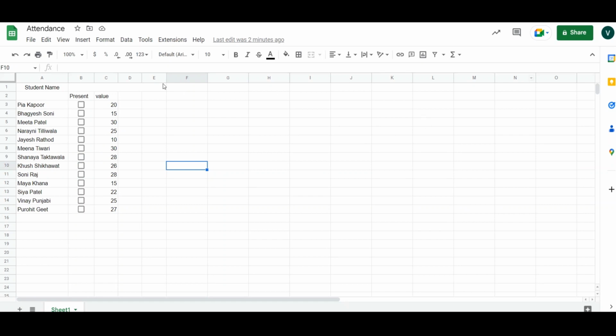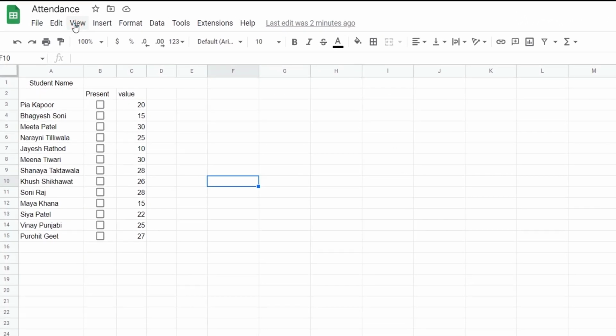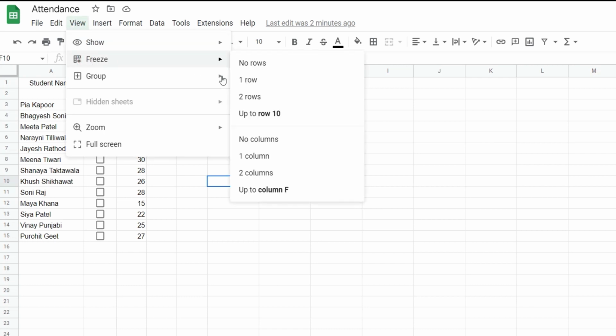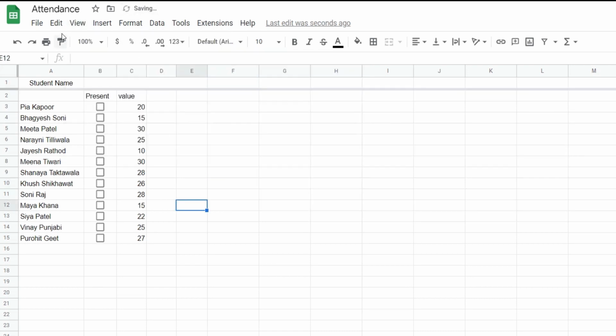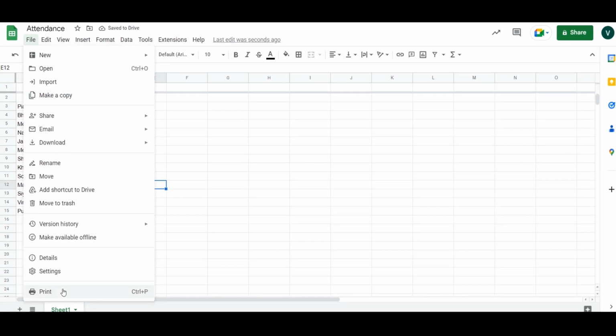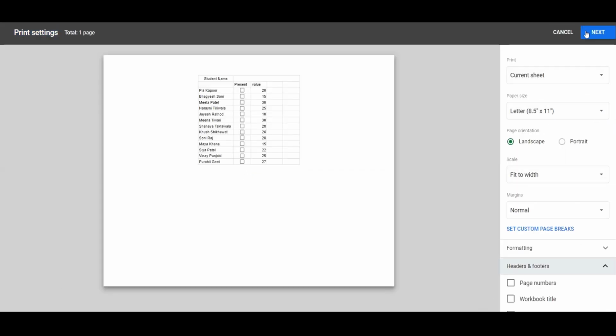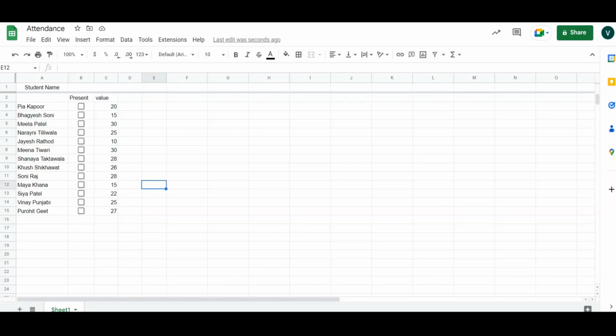Steps. 1. Open the Google Sheets spreadsheet that you want to print. Step 2. Click on View, then Freeze to fix the row. Step 3. Select the row or column you want to fix. Step 4. Click on File. Step 6. Click on the Print button to print the spreadsheet with the header row repeated at the top of